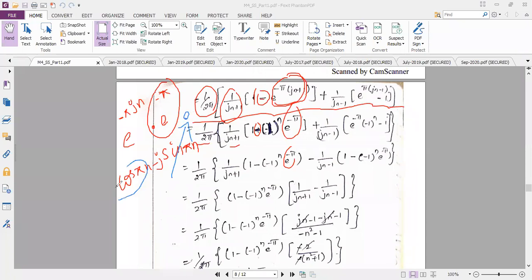So this cos pi n, I can write it as, see, cos pi is minus 1 if n is odd. If n is even, it is plus 1. So always if you have this form cos pi n, it can be written as minus 1 power n. So according to the value of n, the value will be automatically adjusted. For even it becomes plus 1, for odd it is minus 1. So I am trying to convey to you that e power minus pi jn can be written as minus 1 power n, which is multiplied with e power minus pi. Okay, so that only I have written here.